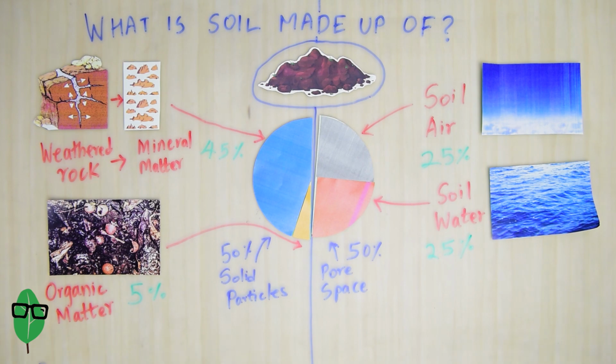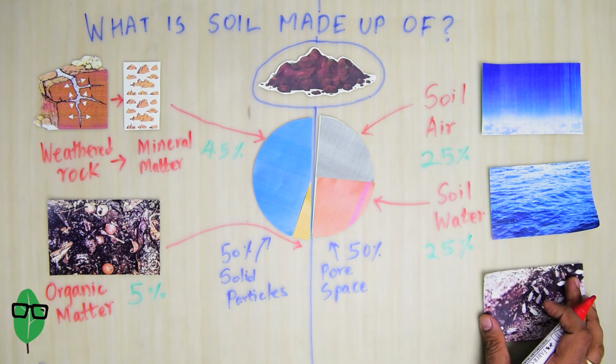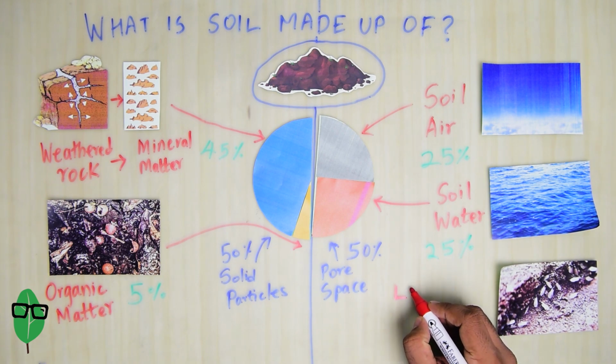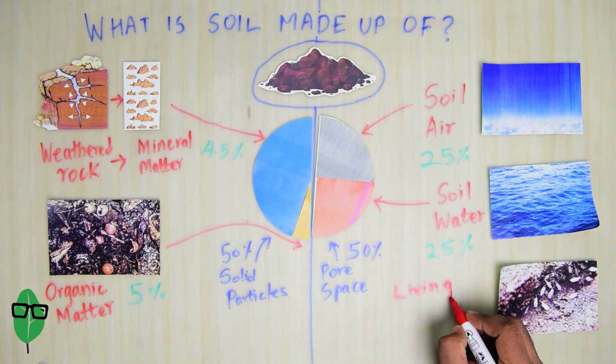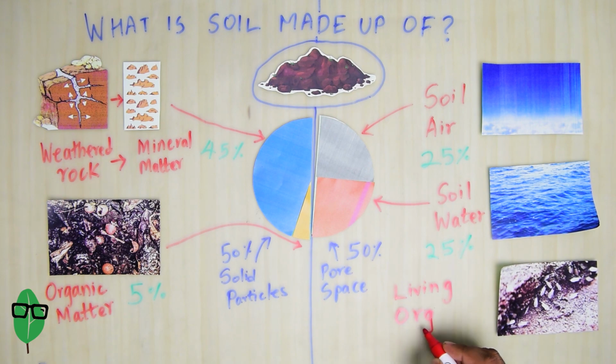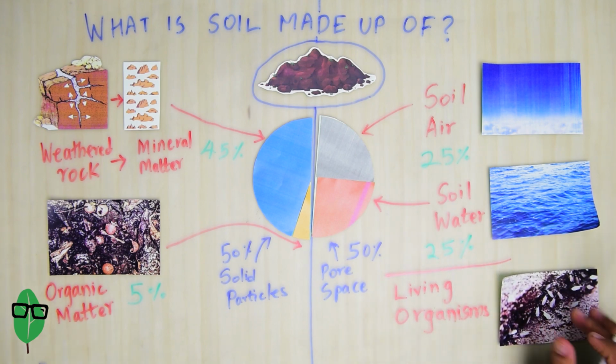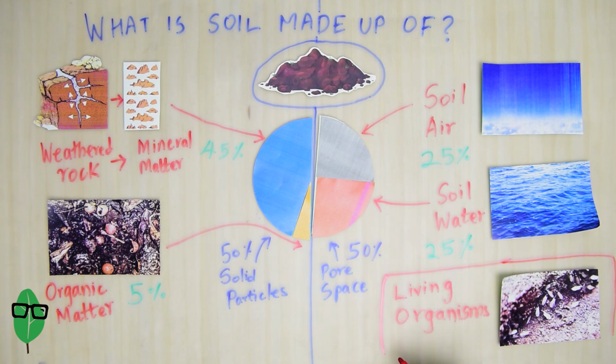There is another component that exists within soil that cannot be ignored. This is part of every soil in your garden or even in your container garden. This component is the living organisms that are there in the soil. These living organisms can be bacteria, algae, nematodes, earthworms, mites, insects, and various other such organisms that burrow in the ground. They live underground, and they also sometimes have a symbiotic relationship with the plants themselves.